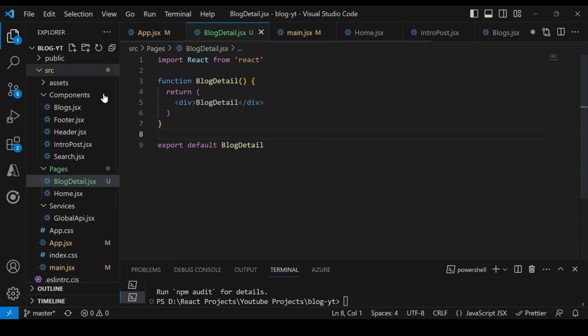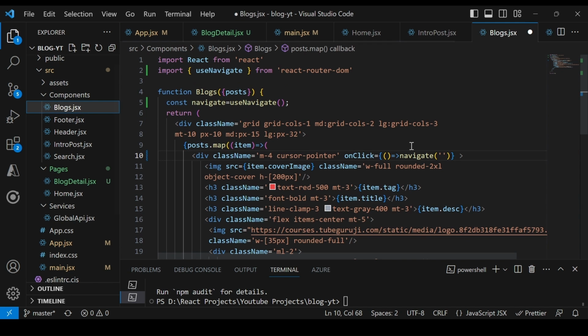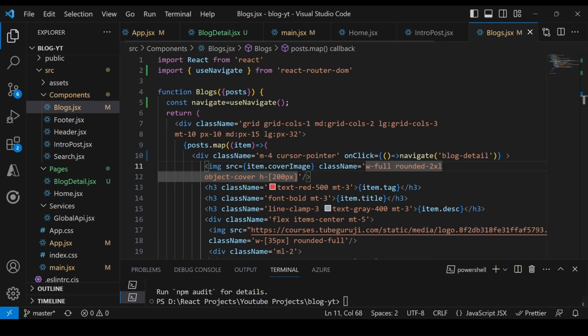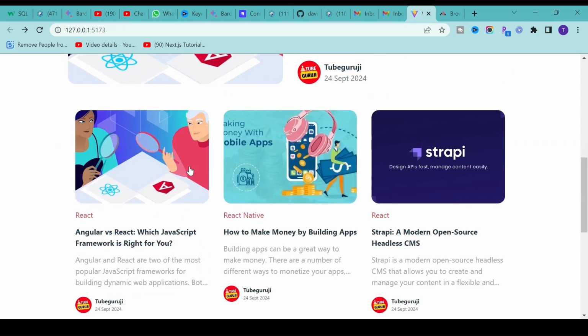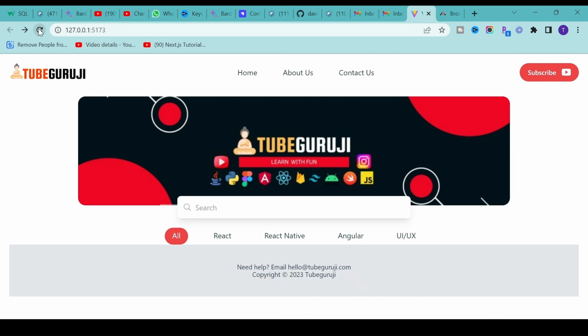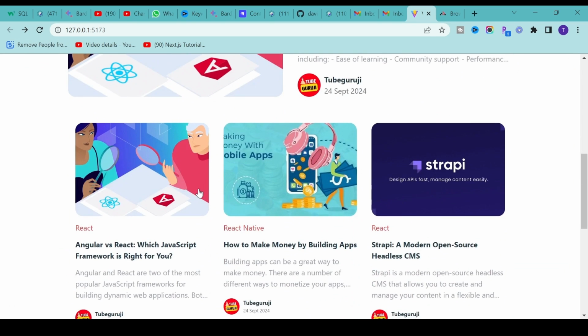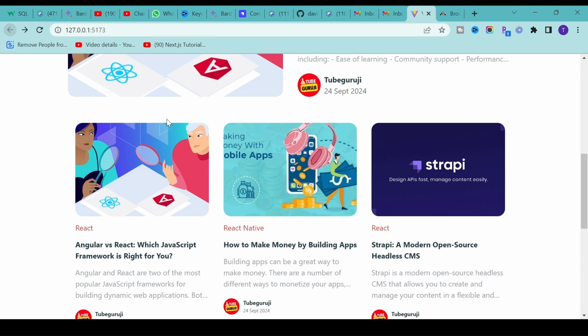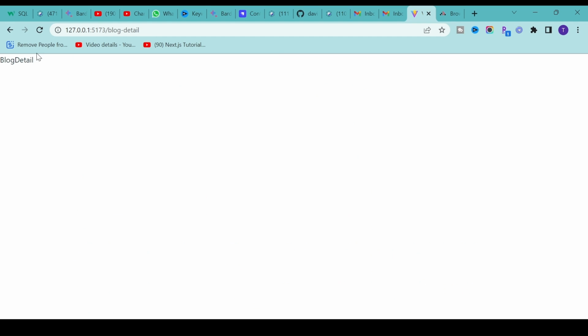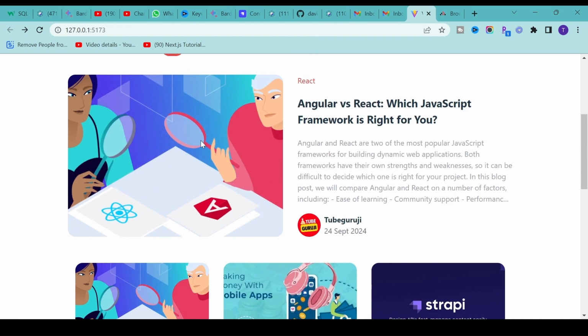Okay, so if I go to the blog.jsx, and then here I will define like this. Okay, and save everything. Now go back to our application. So I will go back to this page. I will refresh it once. Okay, and if I click on any of these, if you see, it jumped to the blog detail page. Okay, so if I click on this one, it jumped to the blog detail page. Same thing you have to add for this